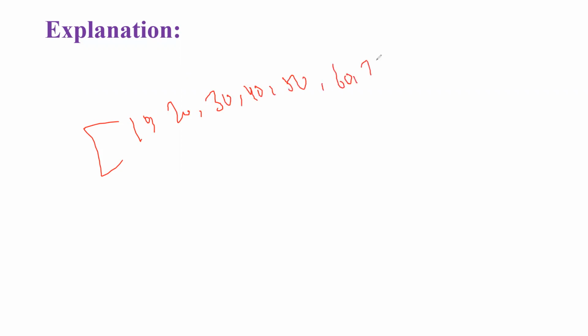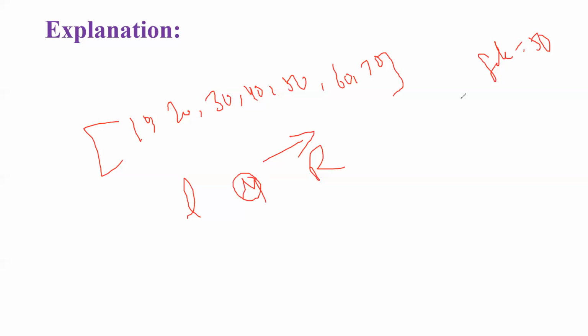Yes, you have taken an array like this. For example, you want to search for an element called 50. Okay, what you need to do is, every time, based on the mid value, break your array into two parts: the left array and the right array, and the mid value. Okay, if your value is greater than the element present at mid, then you go for the right array. If your search element is less than the element present at the mid value, then you go for the left array. Okay, and you take this array again and repeat this process.